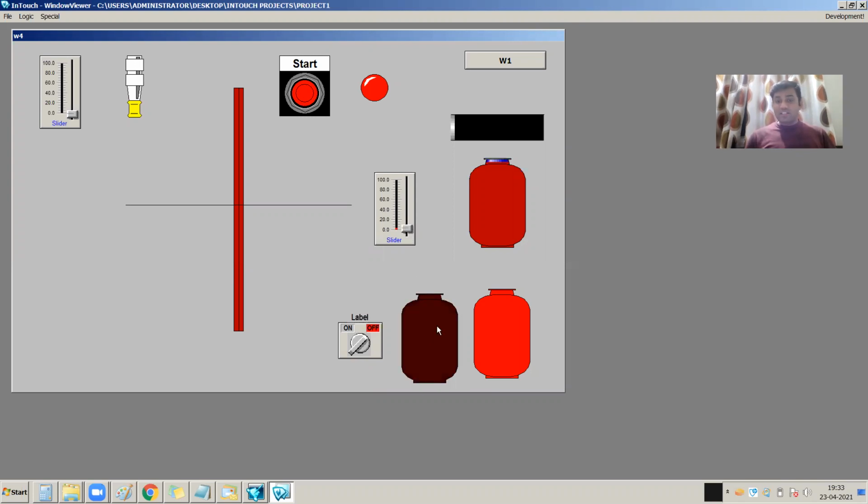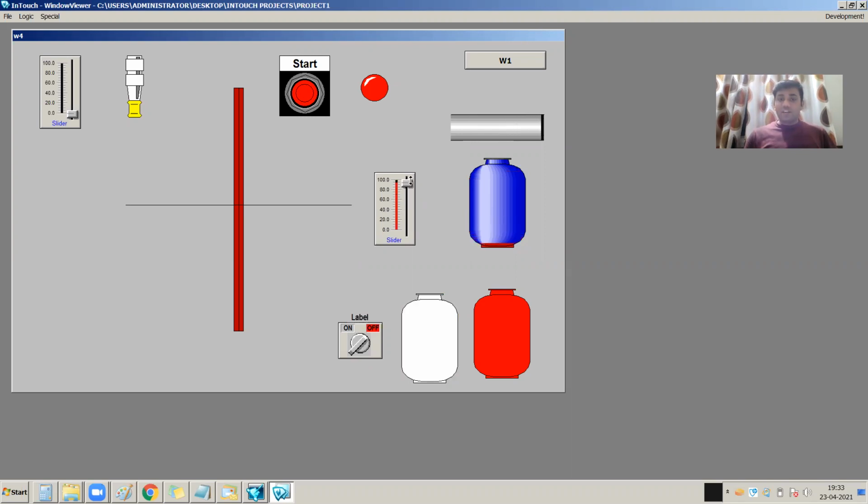See, you can see this object. Whenever I am changing, its color is changed. So each and every breakpoint, its color is changing. So this is nothing but changing the fill color property as per the analog value. Whenever my tag value is changing, my tank fill color is changing. And above 80 we have defined white color, so above 80 it's white, right? Like this way.